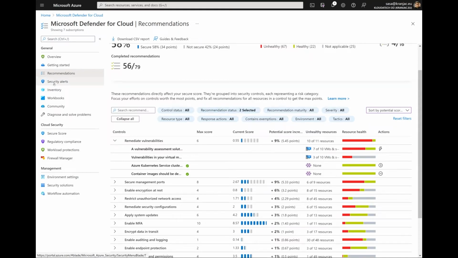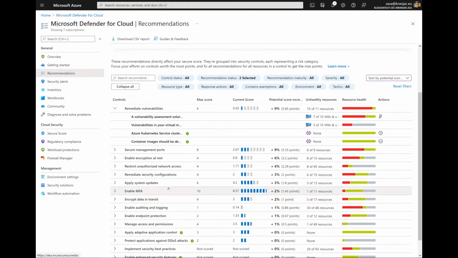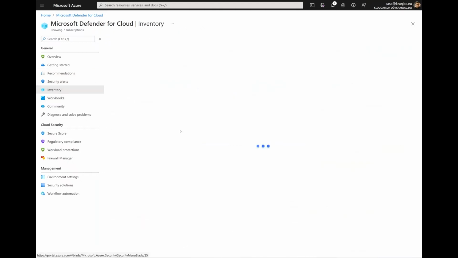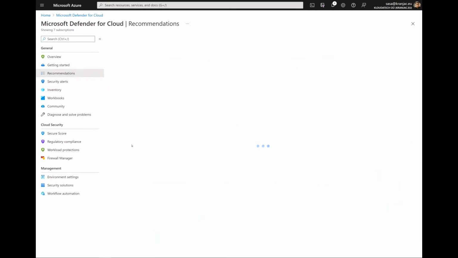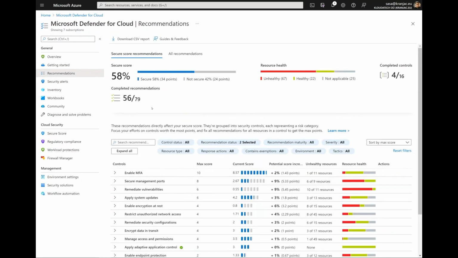Once the agents are installed, for example, we can go to the inventory and see the status of our inventory. From that inventory, we can add non-Azure servers. We can query these services, and download the whole report of the services. So while we see the recommendations here gathered around the controls, the inventory allows us to select